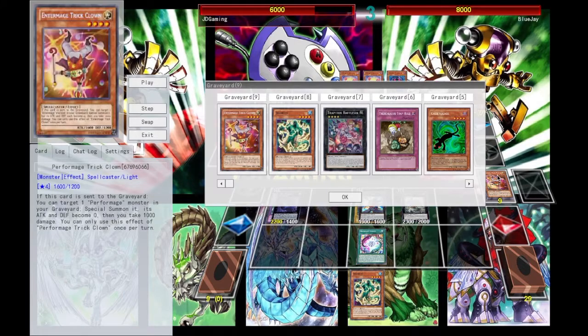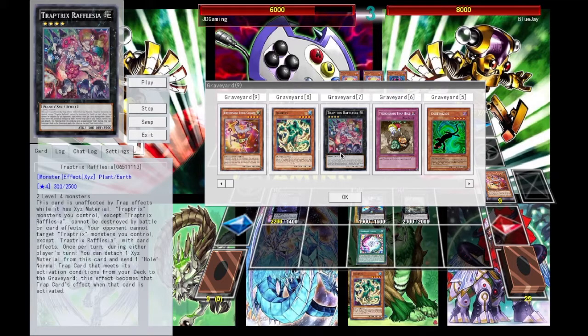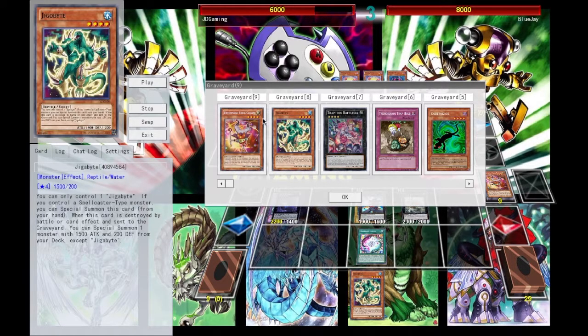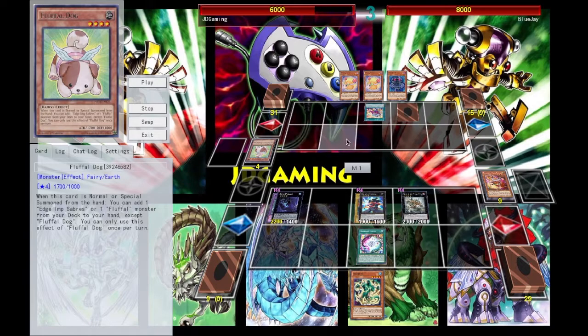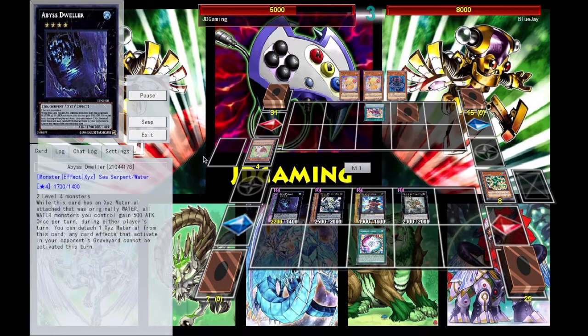Basically what I did here was, with no back row, I used Rafflesia's effect to dump Treacherous from the deck, which freed up a monster zone, because since Rafflesia's effect is a monster effect, even though Treacherous would normally not kill the Rafflesia, the monster effect kills itself. So Rafflesia clears itself out of the position, which allows Trick Clown to hit the board while clearing his board for game, and that allows me to then drop the Gigabyte I have here to go for a Utopia the